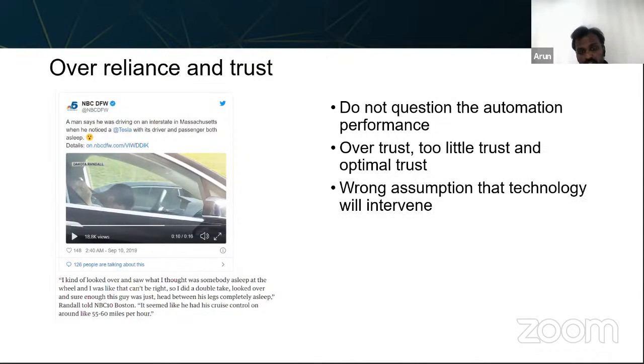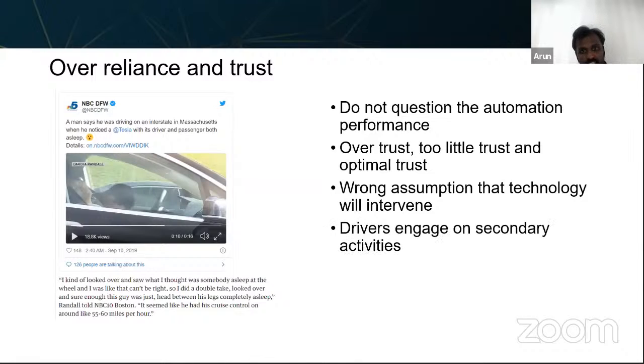And so there is, as usual, a wrong assumption that the technology will intervene. Of course it won't, because again, it's a system. It is based on different sensors. So probably if you're driving on a snowy or a foggy road, the sensors will fail. So probably it means that the humans are starting to accept the system much sooner than what the OEMs actually expected.